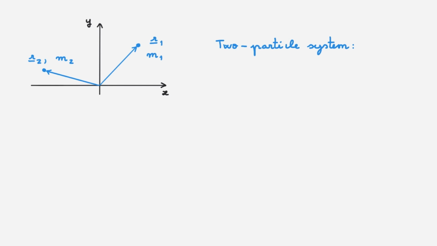In particular, we're going to focus on a very common situation, which is what happens when these two particles interact via a potential V that only depends on the relative position of the two particles, so we can write it as V of R1 minus R2. Two-particle systems are very common, and many of you will have encountered them before in the context of classical mechanics. What we'll do today is to explore the corresponding quantum two-particle system, and we'll find that we can effectively rewrite it as a system of two fictitious particles that do not interact with each other, something that greatly simplifies the